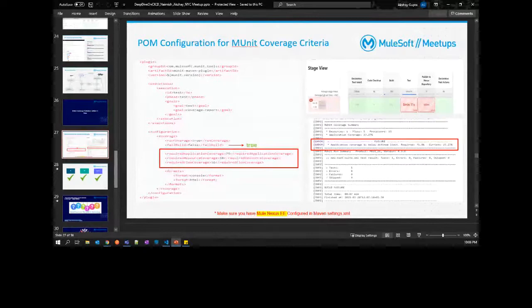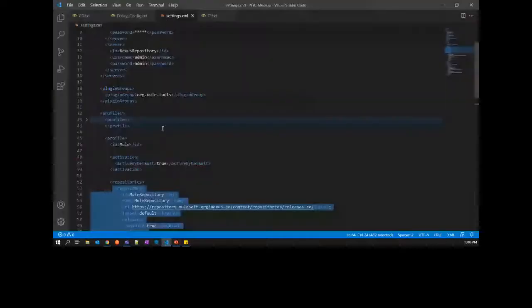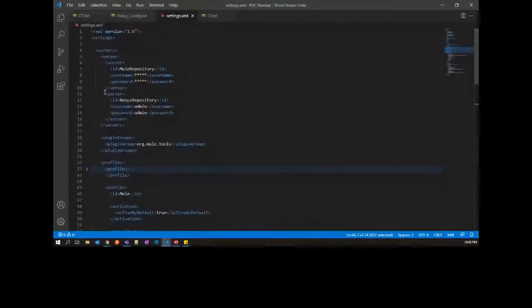Yes, sure. How is Nexus linked with munit? In order to run munits, you need certain dependencies which are only available in Nexus Enterprise Edition repositories. So if you want to execute munit properly, you need to set up this Nexus Enterprise repository in your settings.xml so as to fetch those enterprise artifacts.